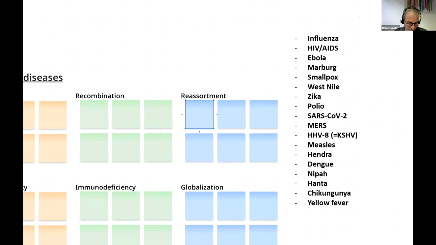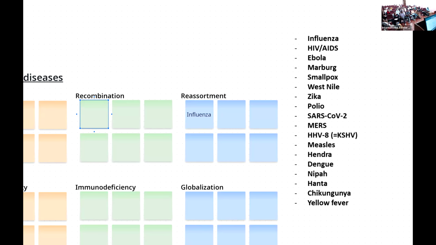So influenza was good. That's the prime example for reassortment because influenza viruses have a segmented genome and they can reassort their genome sequences. Perfect. And recombination, are you aware of any viruses that are circulating in humans that have recombined, where actually one genomic sequence is a chimeric sequence?